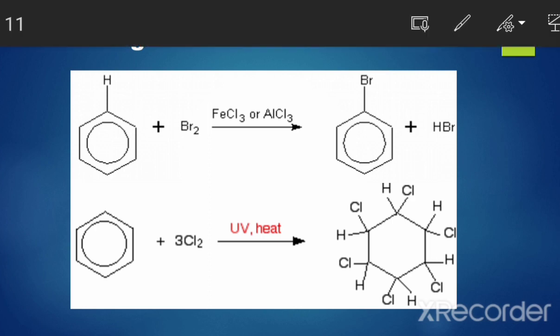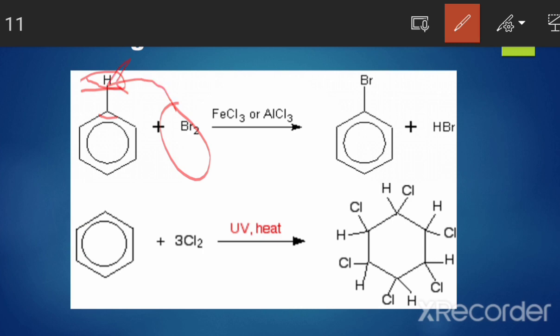The first one is we take a certain hydrogen that is attached to the benzene ring, and this halogen will replace this hydrogen, and